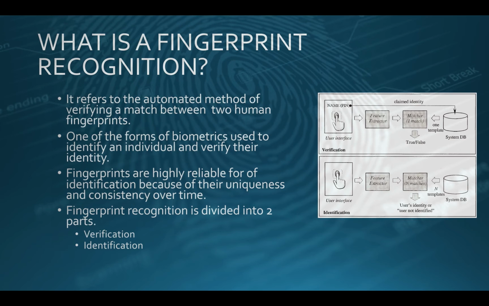Fingerprints are highly reliable for identification because of their uniqueness and consistency over time. Fingerprint recognition can be divided into two parts. One is verification, and the other is identification. In the verification, all the features of the fingerprints are extracted, and in the identification process, the features that are extracted are matched with the previously stored features,